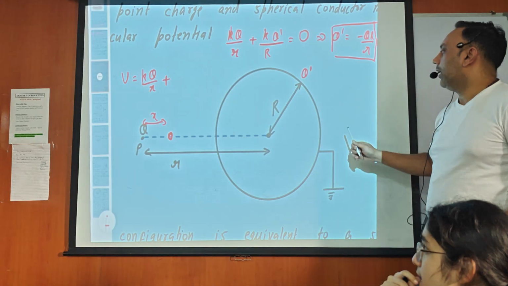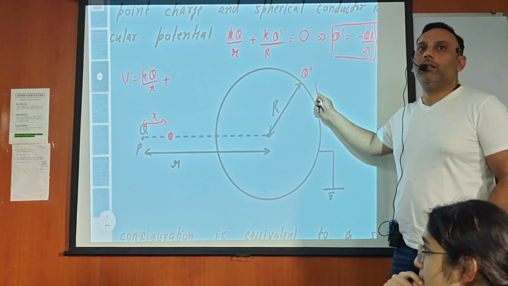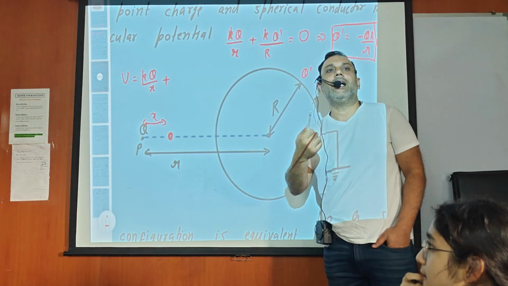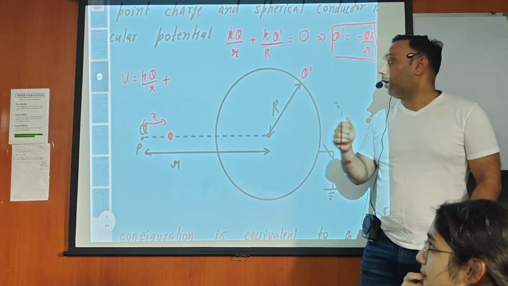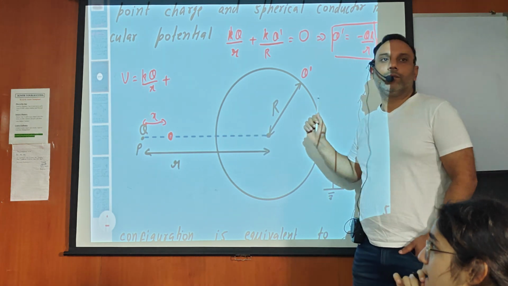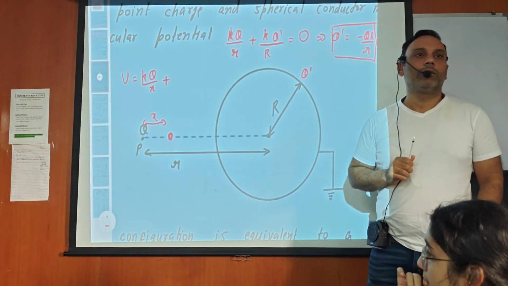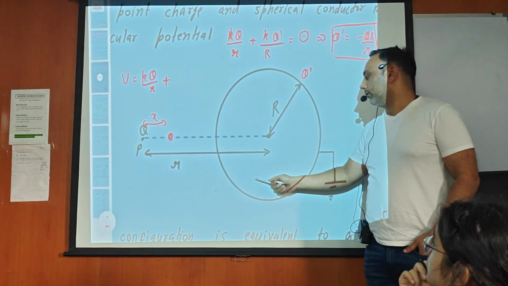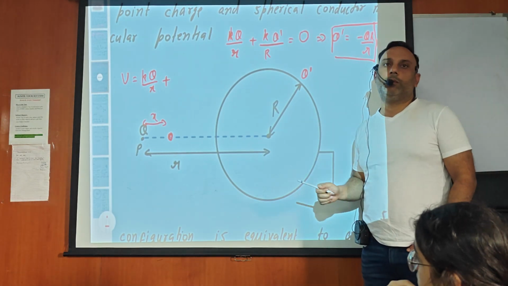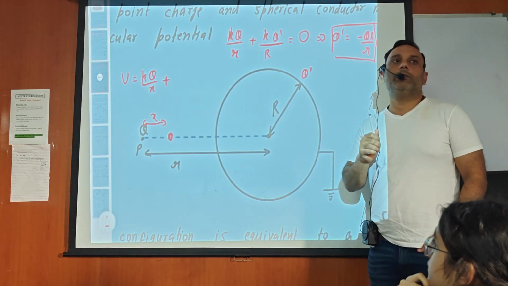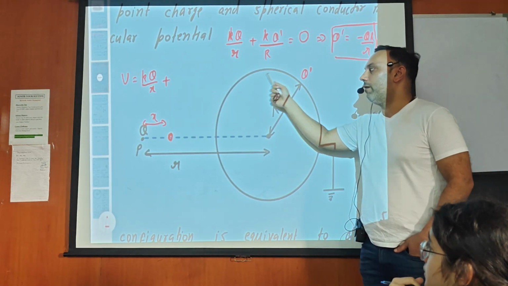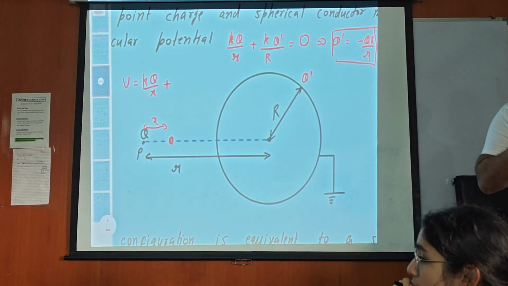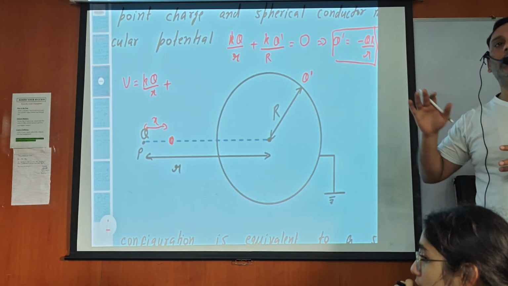So we have obtained the charge on the conductor, but still we cannot find the potential at this point or any other random point. We cannot find the electric field because we don't know how this q dash charge is being distributed. Yes, if a plane passes through the center, it will be equipotential. So everywhere the potential is zero. The entire conductor is at zero potential. So the entire volume of a conductor is equipotential, and the potential is zero everywhere. No problem in that. So then think of some configuration which is equivalent to this configuration.